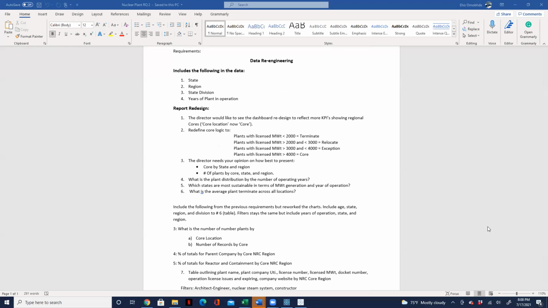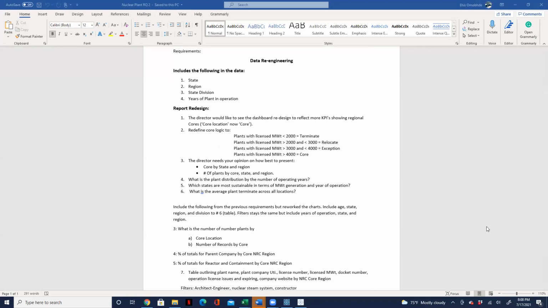So I think by the time we're able to answer number 3 successfully, where it talks about call by state and region, most likely we can duplicate that and maybe take out the region.